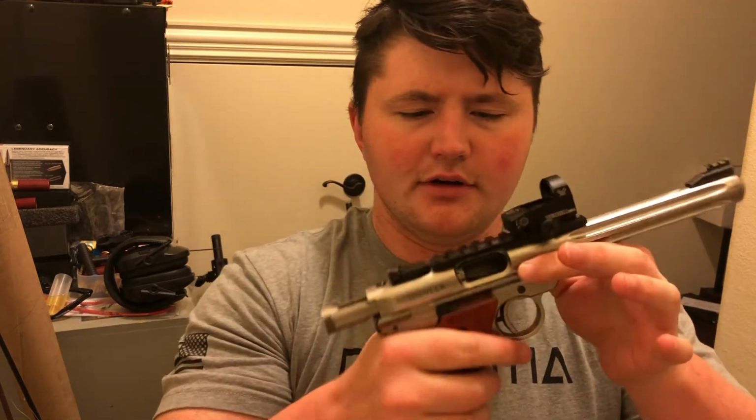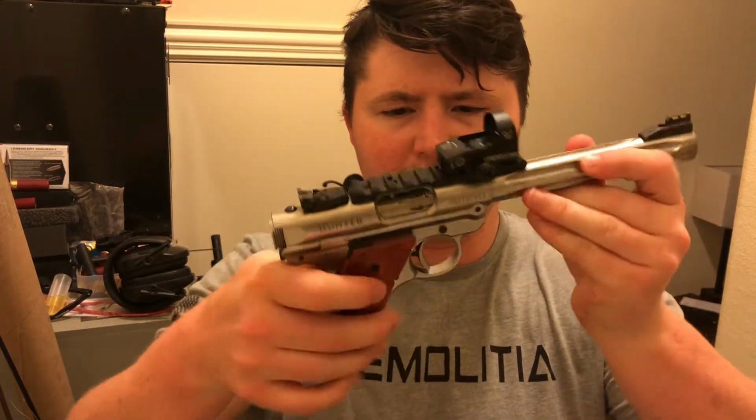Well, I left the bolt alone. But this gun, I have redone the internals. Everything inside is Volquartsen except for the bolt. So a new firing pin, new extractor, new trigger, sear, all the springs, with good reason. So again, we're clear, but just to get into the reasons behind it,